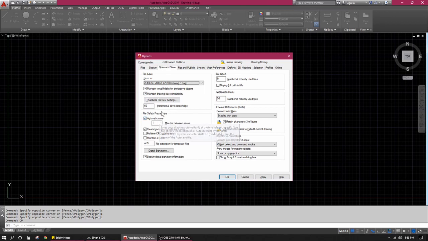and then come down to file safety precautions. There's automatic save that you see over here, which says 1 minute between saves. So I go ahead and change that to 5 minutes. Now you can do this according to whatever way you are drafting in, but I'll tell you, as a good practice, as a thumb rule, keep your autosave time small if you are using a larger file. So the larger file you use, the lesser time you keep between automatic saves,